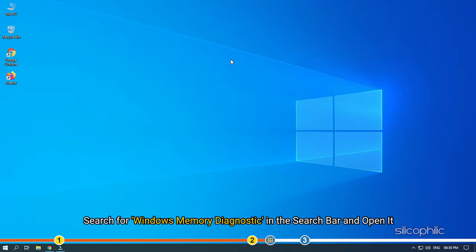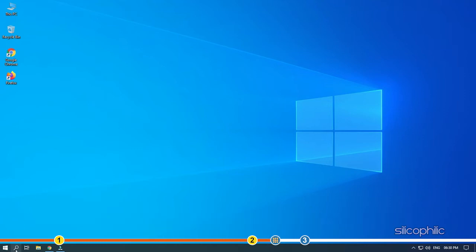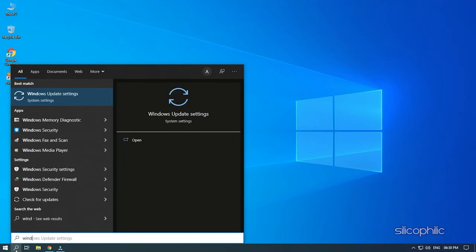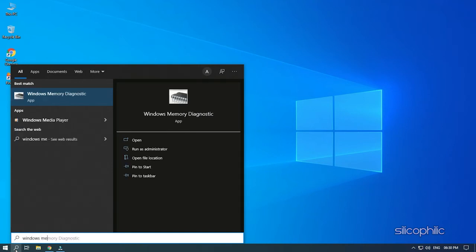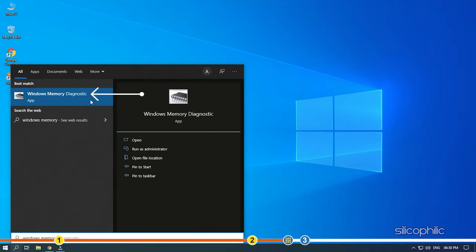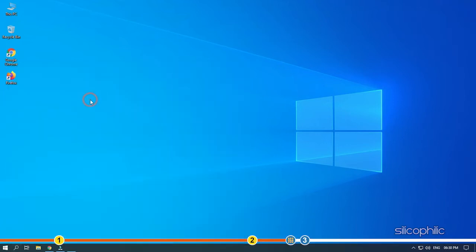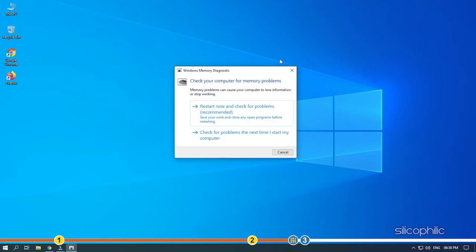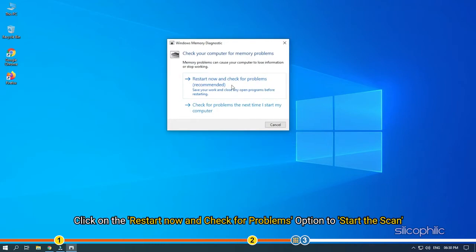Search for Windows Memory Diagnostic in the search bar and open it. Click on Restart Now and check for Problems option to start the scan.